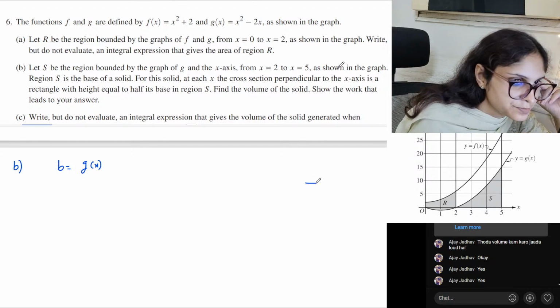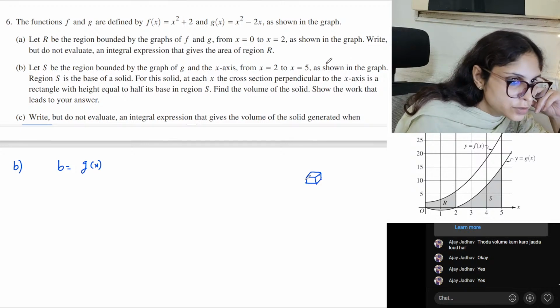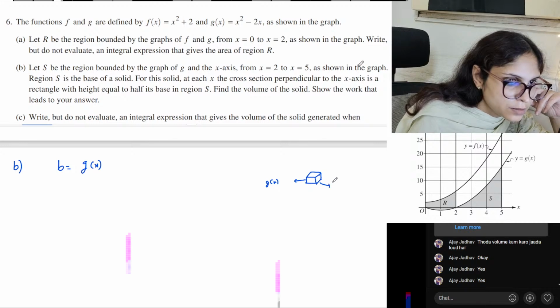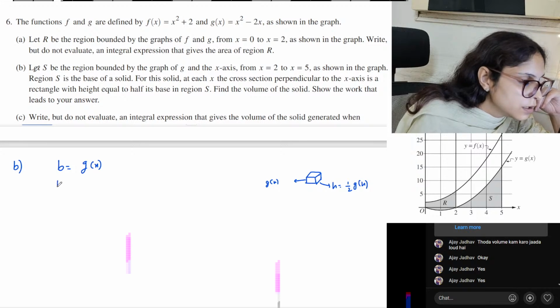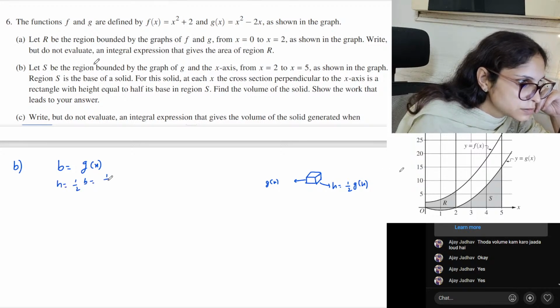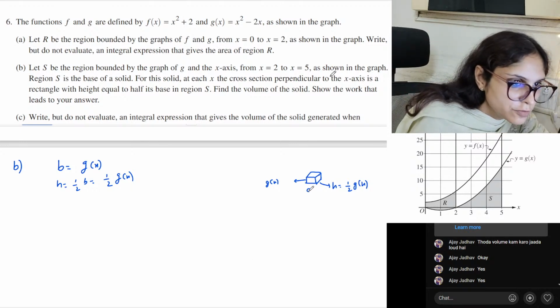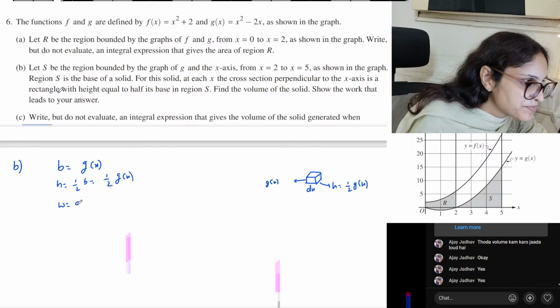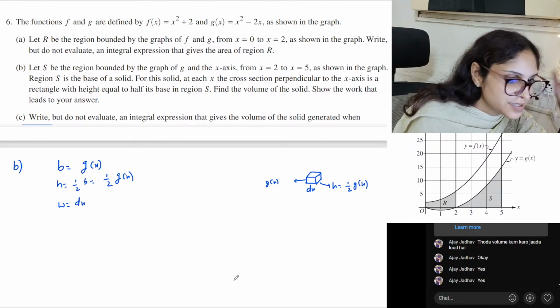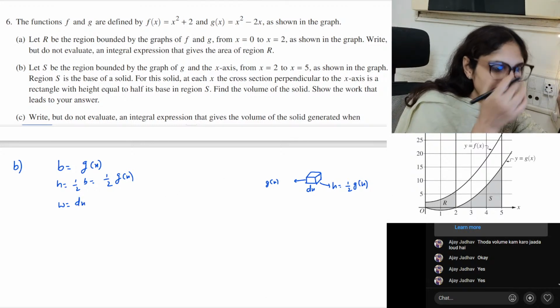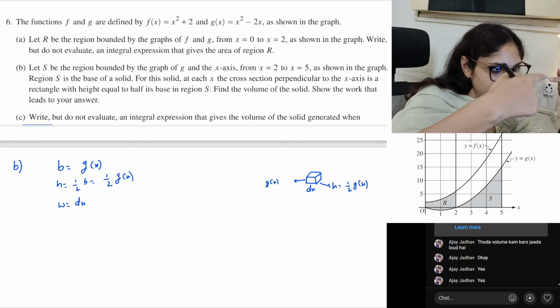So this is x, this is y, and then you're going like this. Okay, so this is g of x. This is the height, which is half of g of x because height is half times base. And now we're taking small sections, so width is going to be dx. Got it? So each small rectangle has a width of dx, the length or base of g of x,